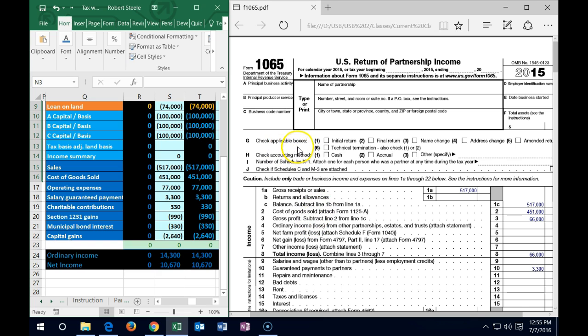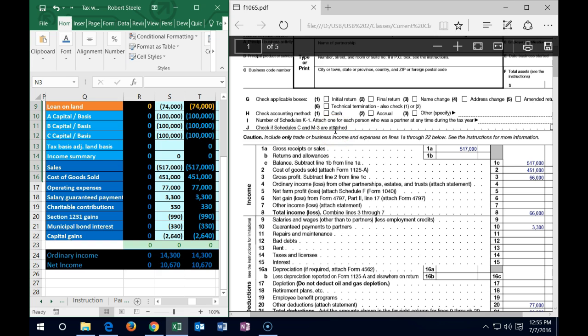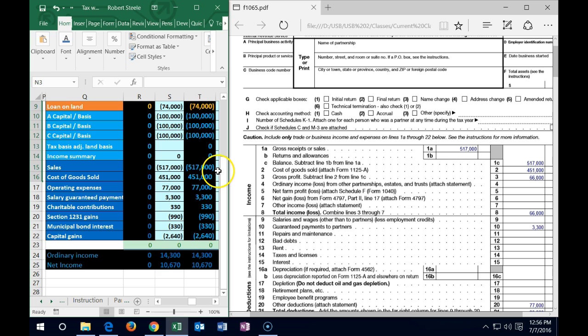Now, we're not going to fill out everything on the 1065. I'm not going to put the name and all that stuff. I'm just going to put the numbers here. So we got gross income, the 517, that's a credit. We're going to put positive numbers on the tax return. We've got the cost of goods sold, 451. The tax return is going to have a subtotal of that. So we got the subtotal